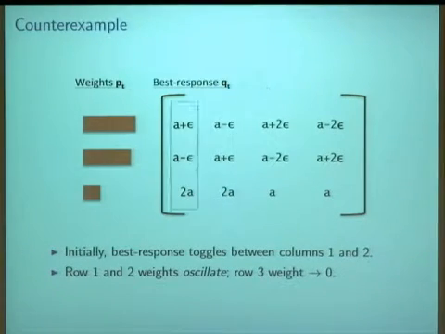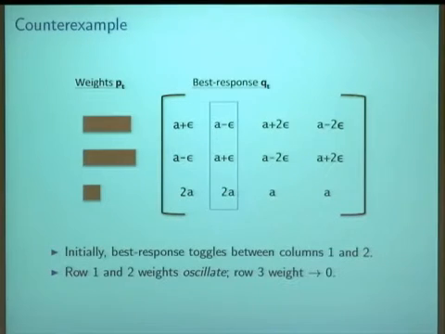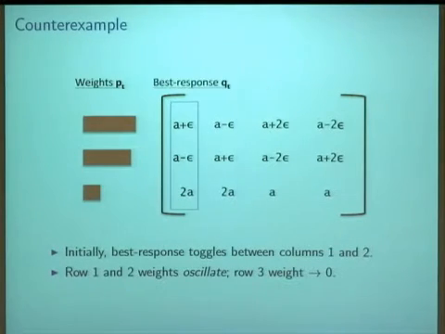Now, why is it toggling? Well, the reason it's toggling is that, so this maybe addresses your question. So this is sort of very typical behavior of these algorithms. At some point in the algorithm, one row has slightly more weight than the other. And notice that the way that these two columns deviate from A, from their mean, is sort of symmetric. So one is a little bit more than A and the other is a little bit less, and then